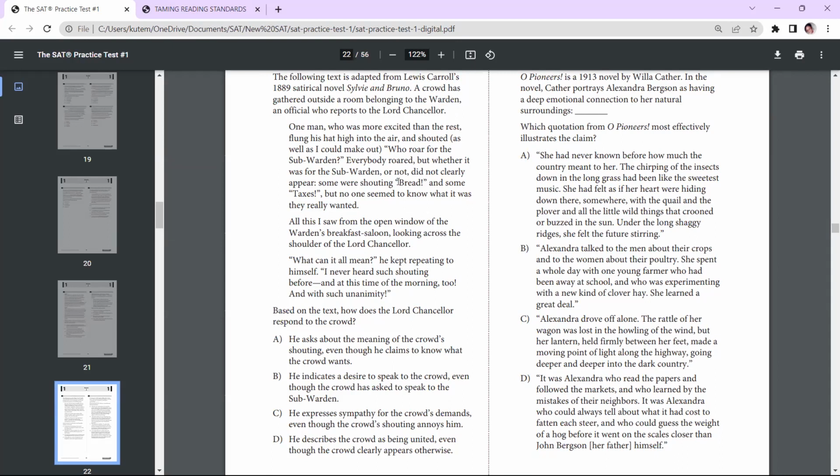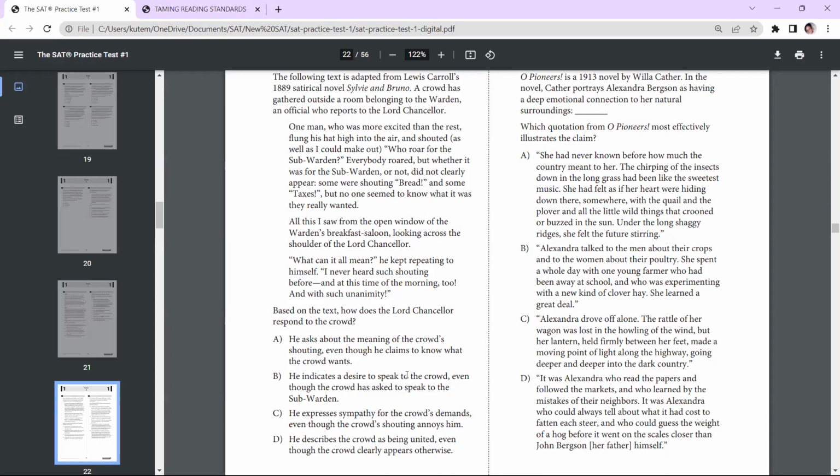One man who was more excited than the rest flung his hat high into the air and shouted, as well as I could make out, "Who roar for the sub-warden?" Everybody roared, but whether it was for the sub-warden or not did not clearly appear. Some were shouting bread and some taxes, but no one seemed to know what it was they really wanted. All this I saw from the open window of the warden's breakfast salon, looking across the shoulder of the Lord Chancellor. What can it all mean? He kept repeating to himself, I never heard such shouting before, and at this time of the morning too, and with such